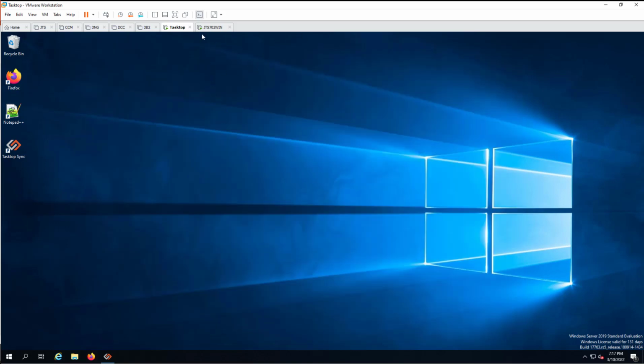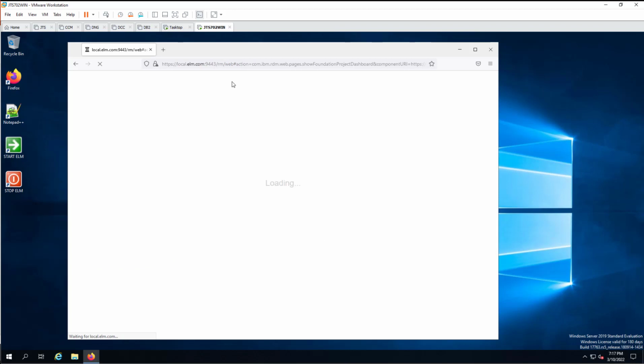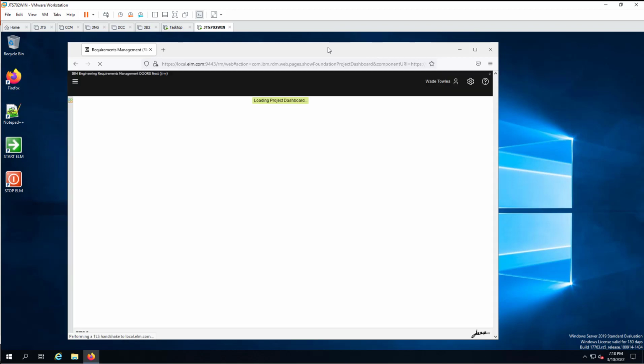The next thing we want to talk about very briefly is that I've gone ahead and started my engineering lifecycle management server. I've created a lifecycle project. In addition, I've configured the requirements project to be able to synchronize with the Azure DevOps project. By that I mean I've configured the project attributes so that several of them align with the Azure DevOps attributes. To do that, you simply go to the administration gearbox here,